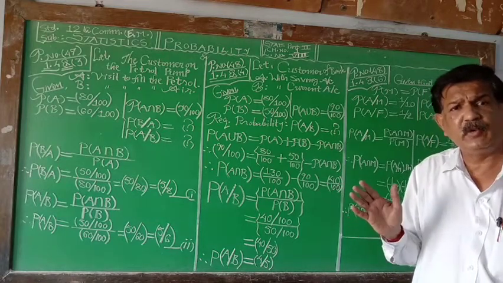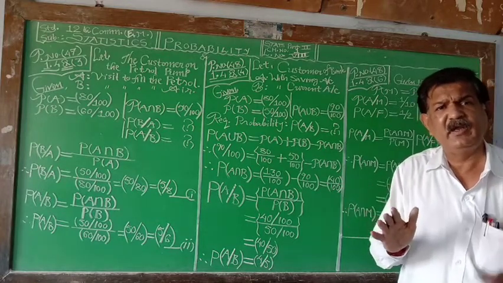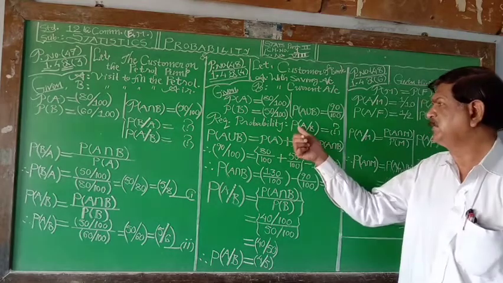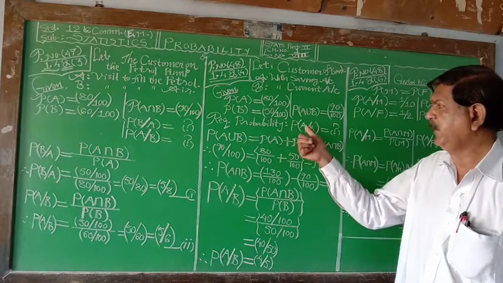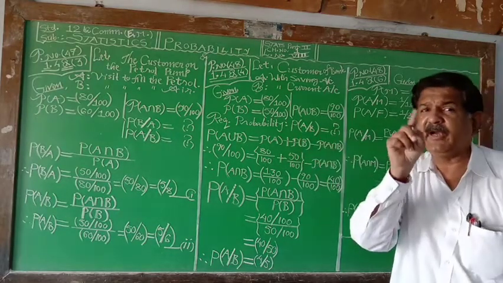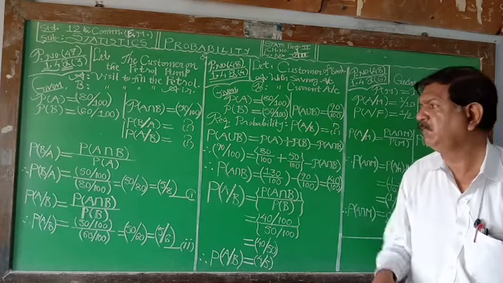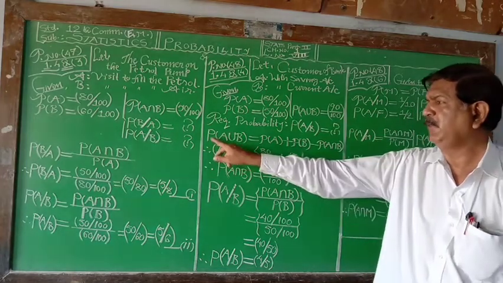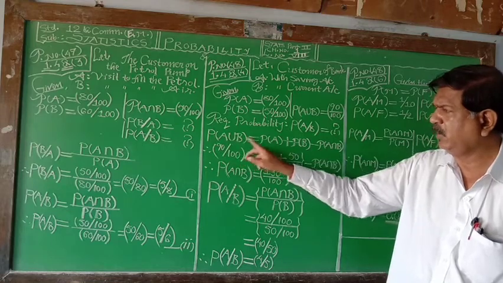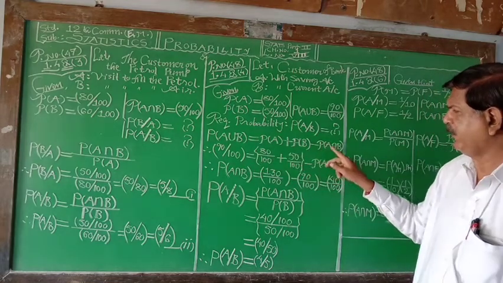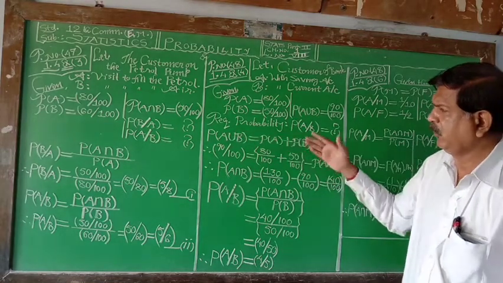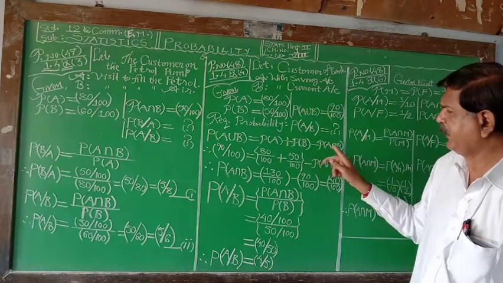See, try to follow what is given and what is required. It is much more important. Here A given B is required. If you write B given A, then it will be wrong. Right? Probability of A union B, by using the addition rule, is P of A plus P of B minus P of A intersection B. With the help of this rule, we can find out probability of A intersection B.